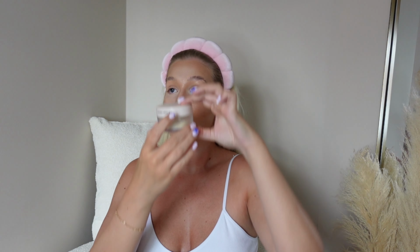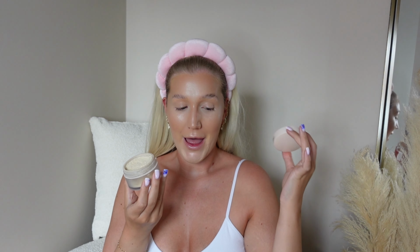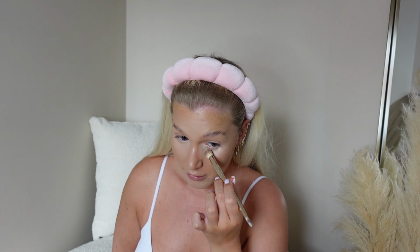And then this powder is going to go everywhere because I've not opened it since holiday, since it's been in the airplane. But this is the Laura Mercier Translucent Ultra Blur powder. I really enjoy this powder. Oh, look at it all set in the top. I hate that. And then I do actually use a powder puff. I prefer these to a brush, and first off I just make sure under my eyes is all blended,